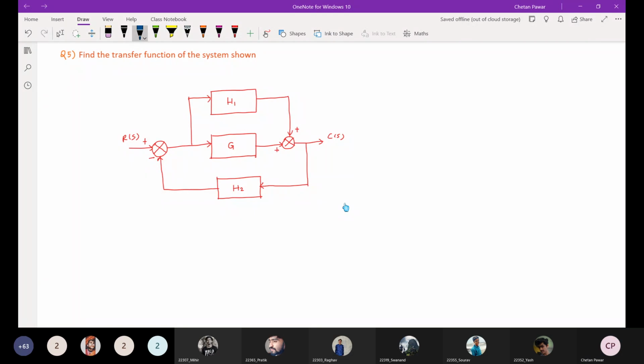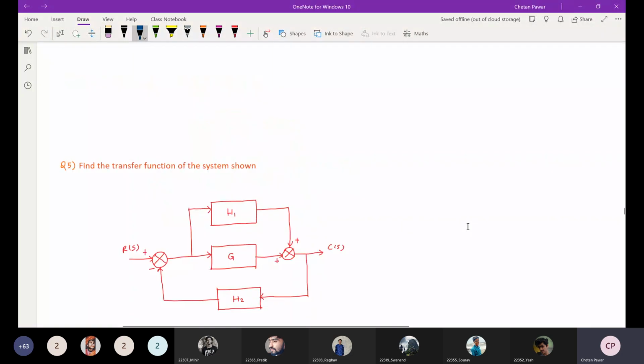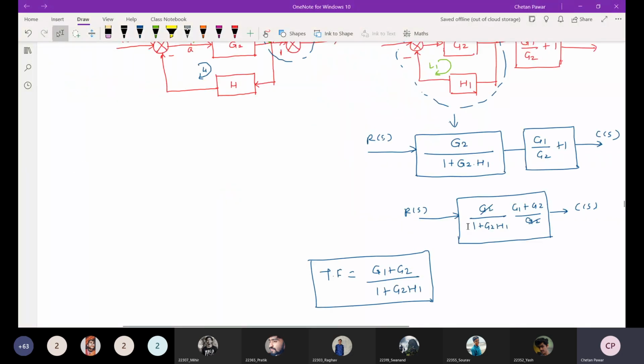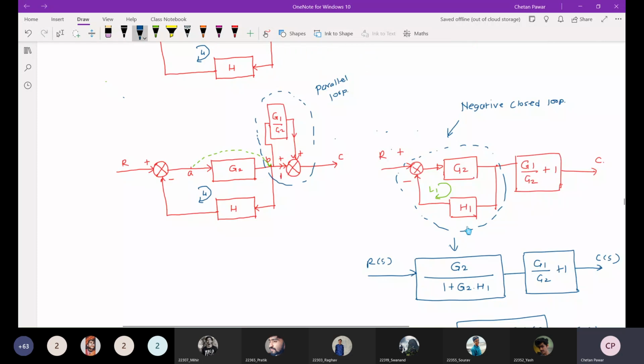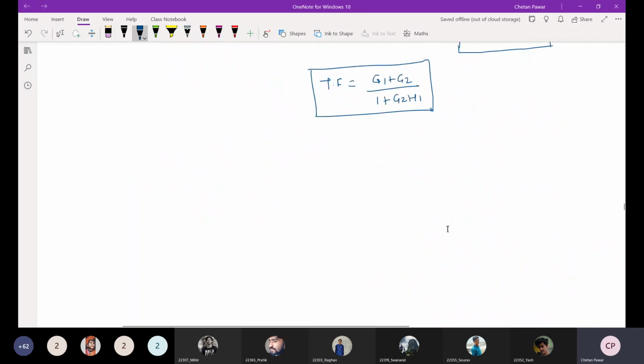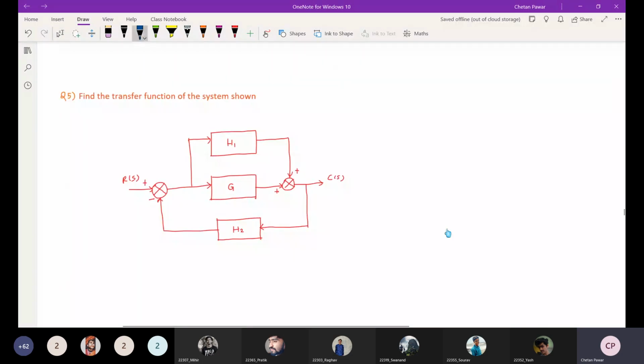When the inner closed loop gets reduced in such a condition, there is no inside takeoff point or summing point. Only one summing point is there, and the signal starts from this summing junction and ends at that point only. So that is a simple loop. In this case, if you consider this particular loop, there is one takeoff point and one summing point, so you can't reduce directly like that.